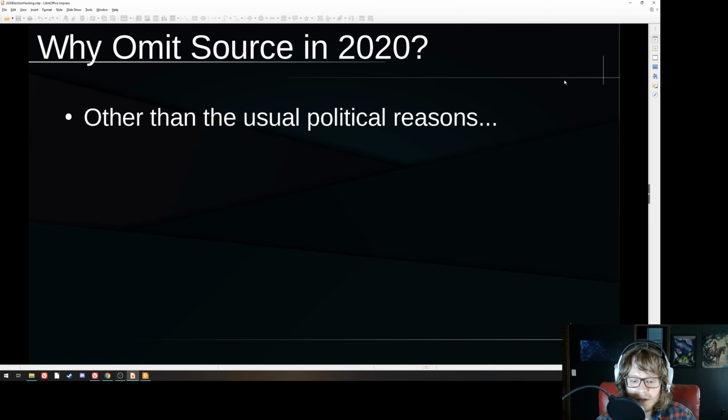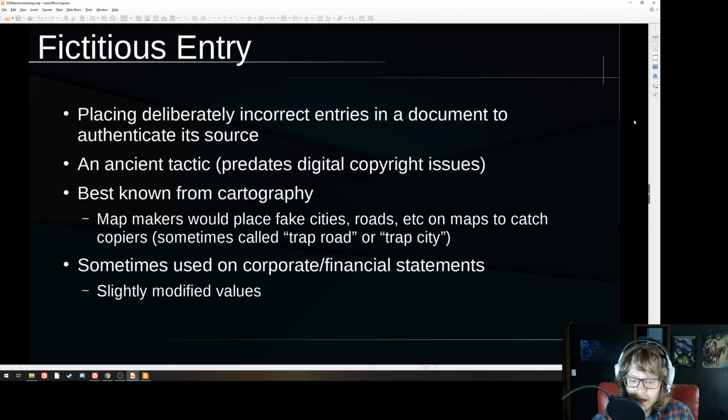So why is the source missing in the 2020 leaks, other than the usual political reasons? Of course, we can think of many political reasons why the source might have been omitted. The material simply doesn't say what they want it to say, there's information they don't want in there, and so on. But why, from a technological standpoint, might the source not be released in these 2020 leaks? The first reason that the source material of the tax returns this time around might have stayed private